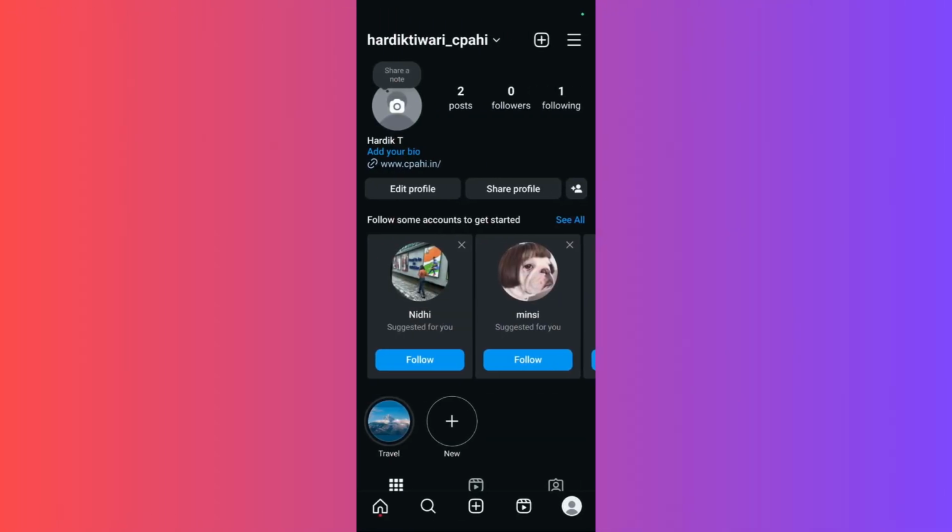Welcome to this tutorial. In this tutorial, I'm going to show you how you can view all of those devices where your Instagram account is currently logged in. So if you wonder where you have logged in with your current account credentials, then what you can do is